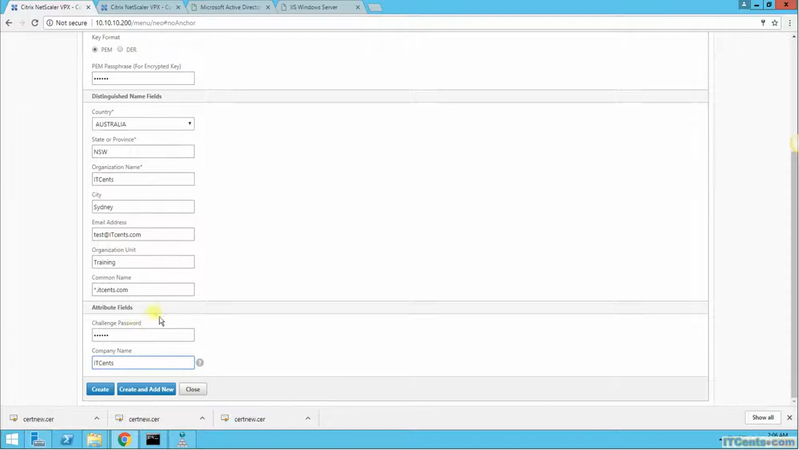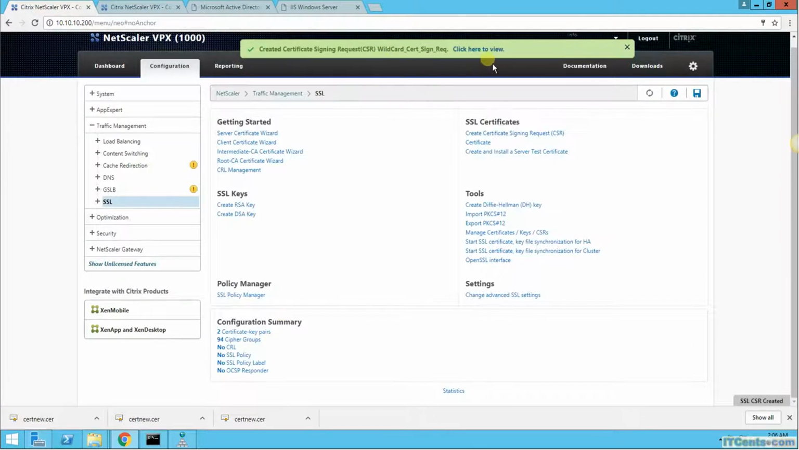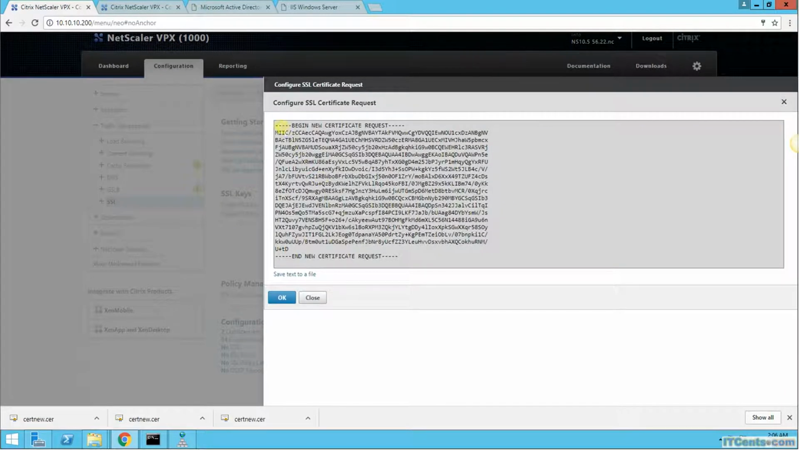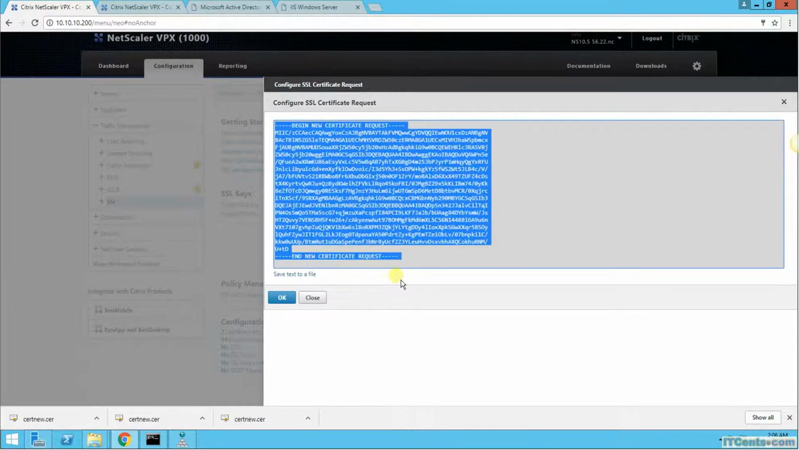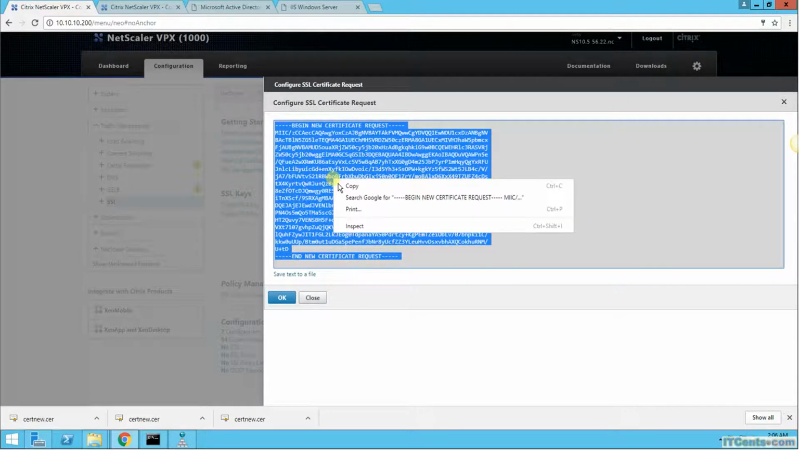I'm trying to speed up this process because we have done it before in a previous video. So challenge password, common name. I want to generate a wildcard certificate and say create, and the certificate signing request is created. Click here to view, and that's it. This is the CSR. Copy,